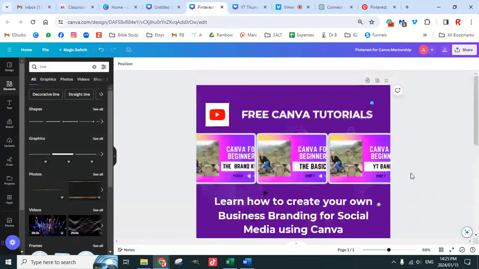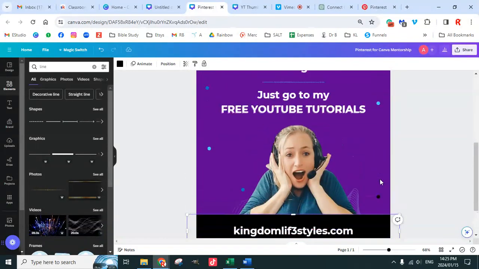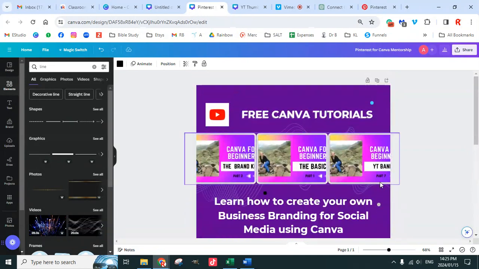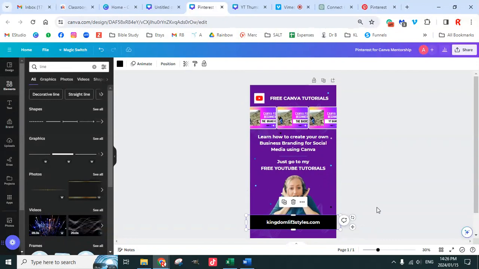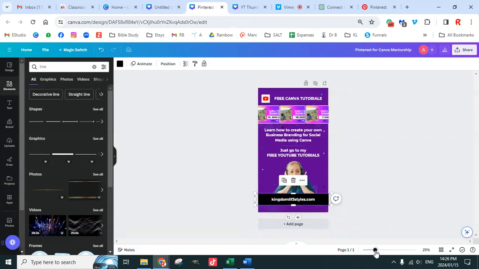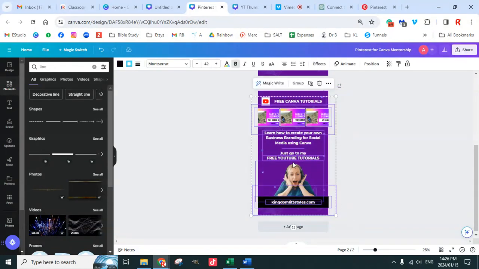I actually don't like that photo in there, but for the purposes of getting this done, I will leave that photo in there. We can choose another one, but I'm just going to go with this one. And then I want to show you guys how amazing the branding kit is. So I'm going to keep the first one. And now if I feel like I like it, but I don't really know, maybe there's something better,